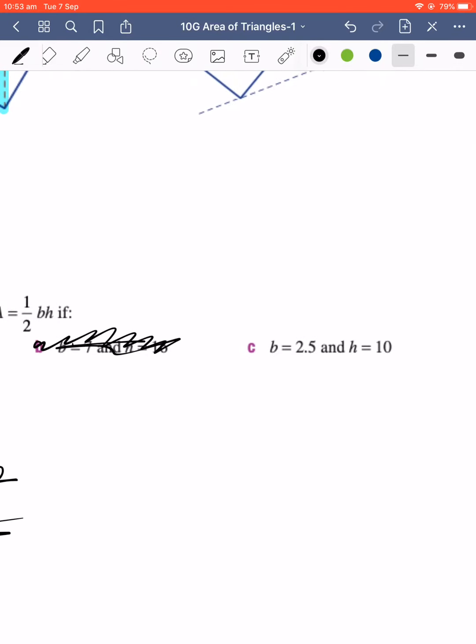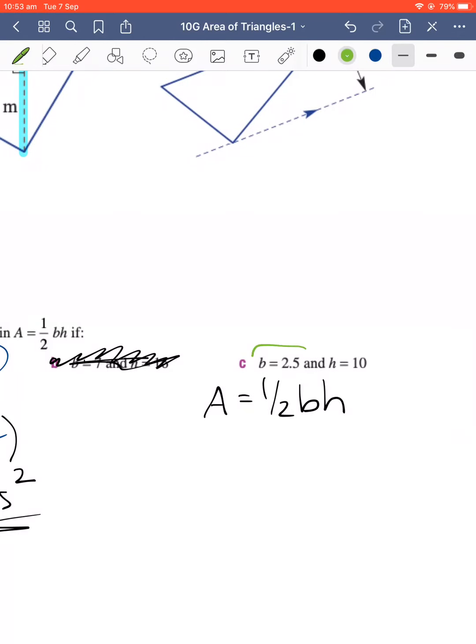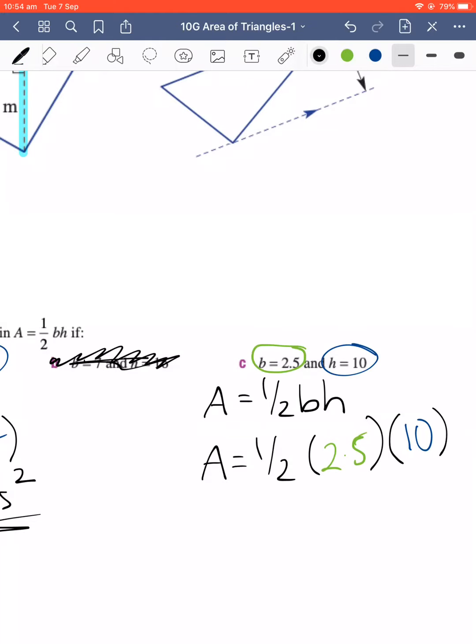Letter C, again, let's put down our formula first. Half times our base times our height. And our base in this case, remember, we're using as our green, is 2.5. So let's substitute in. So half multiplied by 2.5 multiplied by my height, which is 10. So my height of 10, which gives me my answer of,